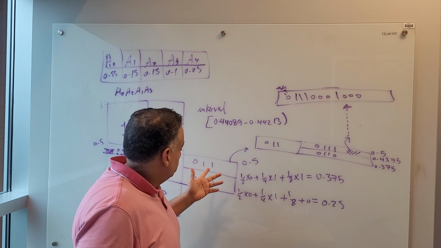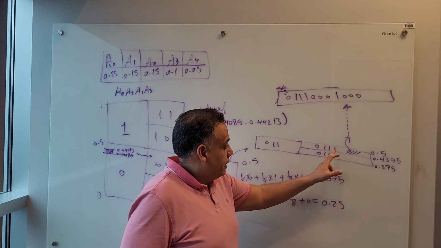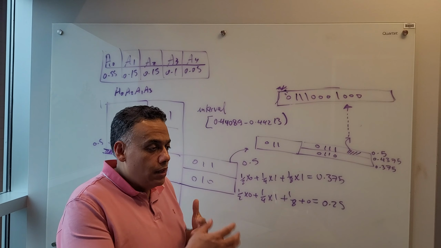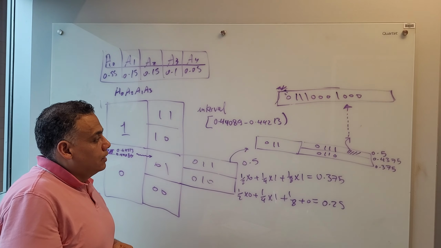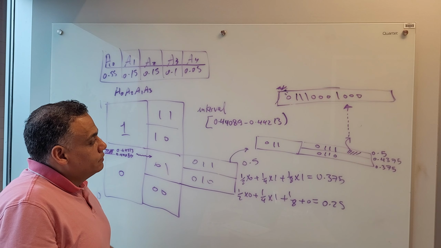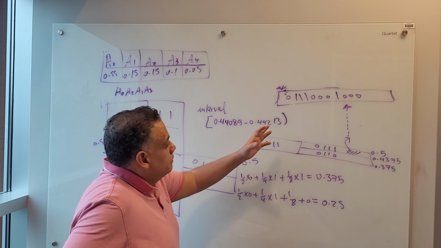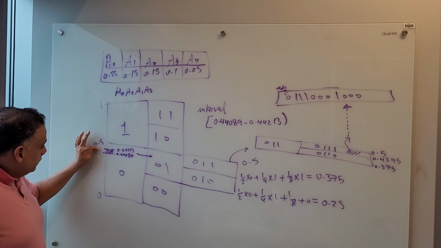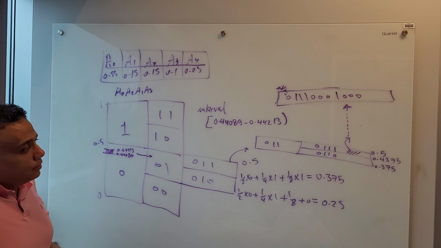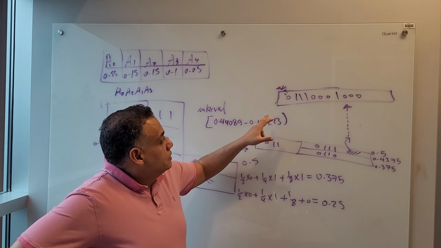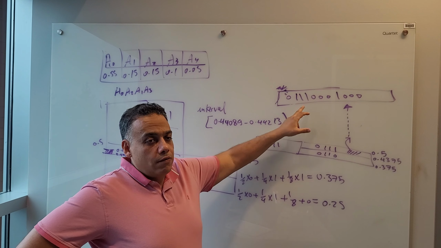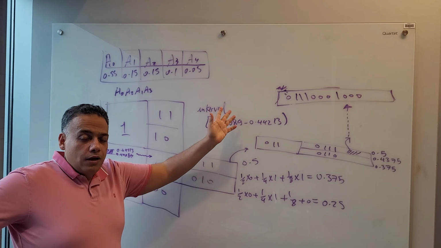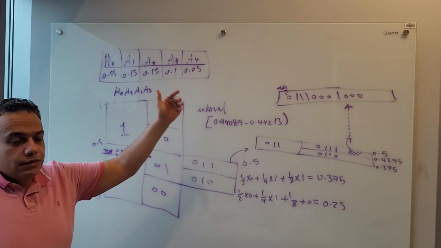So you'll continue this process of adding bits and calculating the boundaries and keep refining these compartments until you find a binary sequence that lives inside that interval. If you have patience, this is the binary sequence that you'll arrive at after, I think, almost 11 steps, and the details are in the